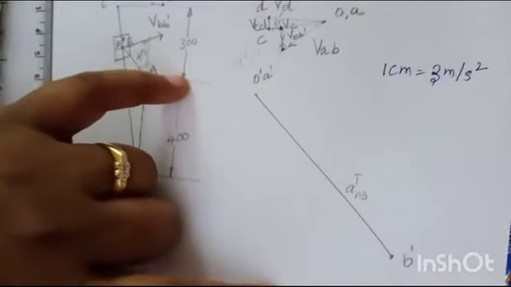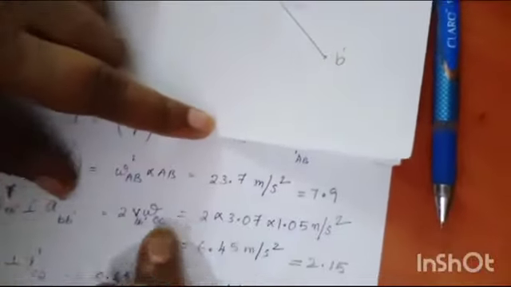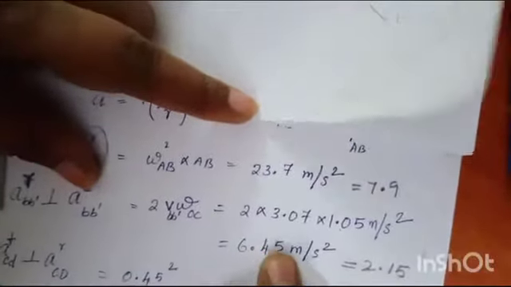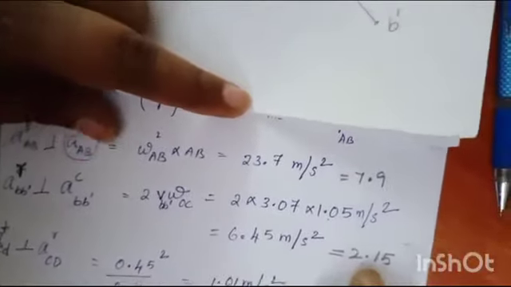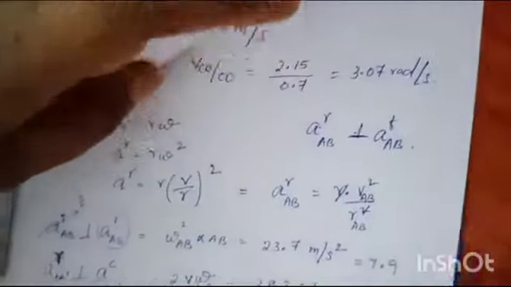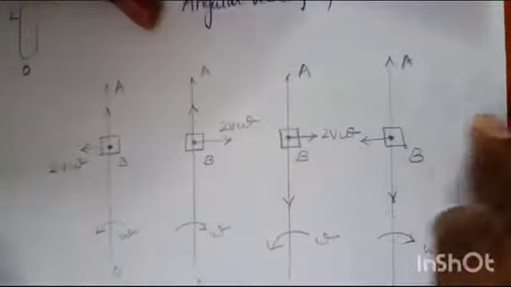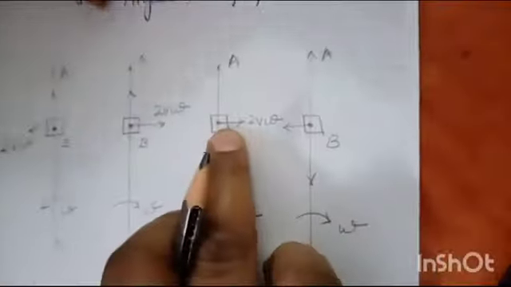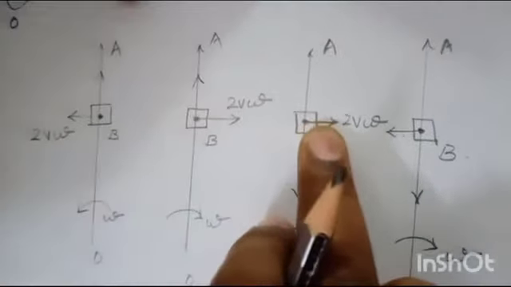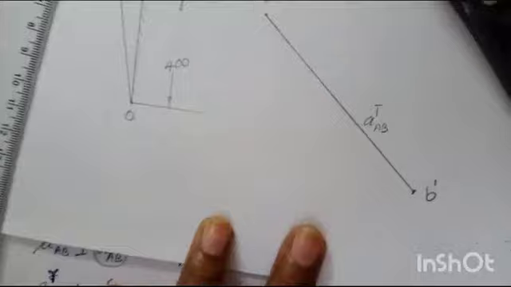Now come for this Coriolis component ACBB dash. I have the magnitude as 6.45. I am dividing by 3, 2.15. So the direction is calculated with the help of these 4 categories. So in this third category it exists. Third category. So the slotted lever moves, it moves to the right side direction. So with the help of this, for this particular point, take exactly the perpendicular line. There you mention this 2.15 meter per second.